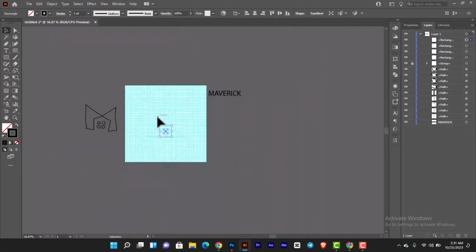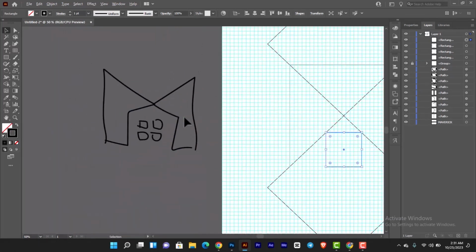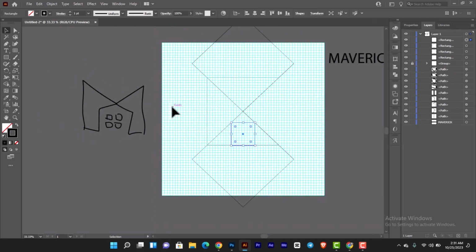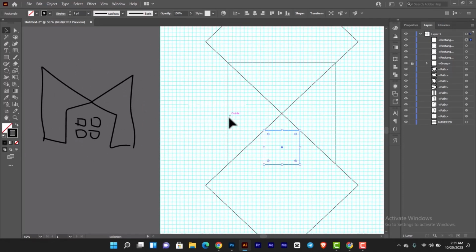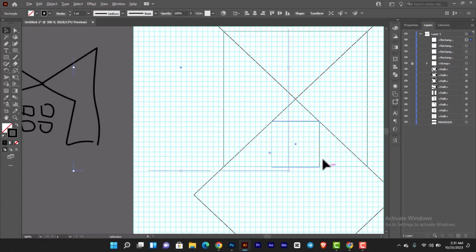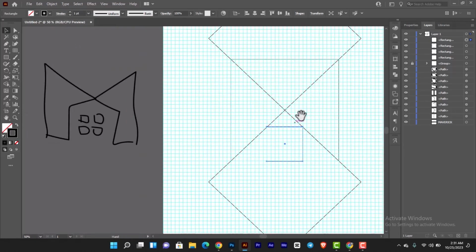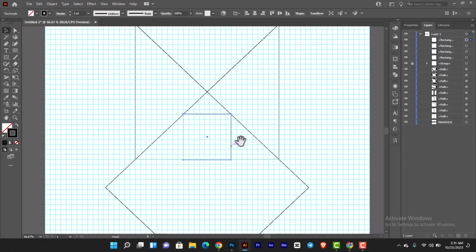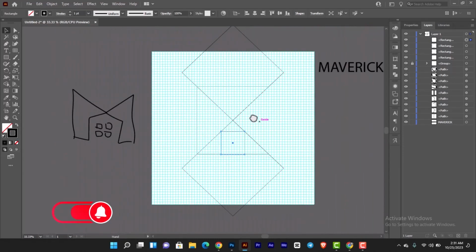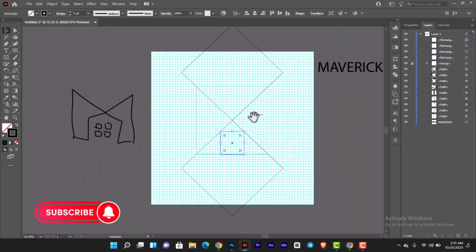If you notice, we are actually following this. Can you see? It's looking similar. Don't worry, it will make sense in a few minutes time. So this is like our doorpost, and yeah, here we have. So the next thing I'm going to do is I'm going to use my shape